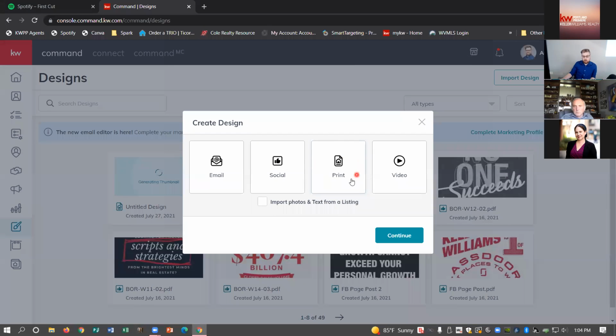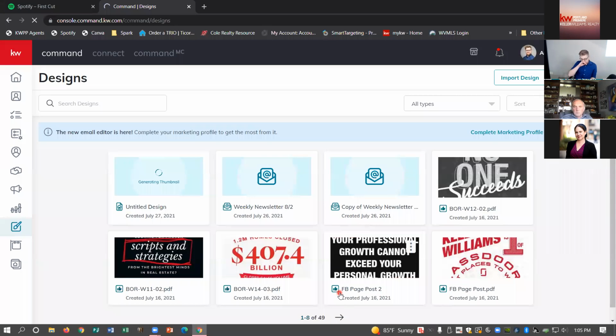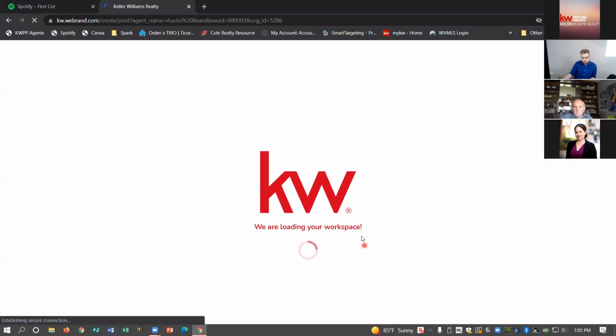You're going to find the quarterly magazine right here, because the idea is you customize it digitally, and you either get it printed through Command and create it as a magazine to send out to people, or you download it and send it to a third party business that can design or print it and make sure the magazine is the way it needs to be. So right here is where you go to print, click continue, and as soon as it pulls up,